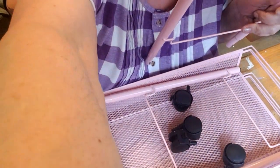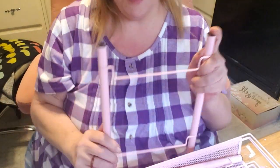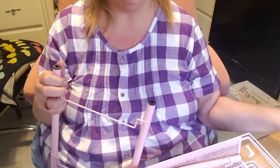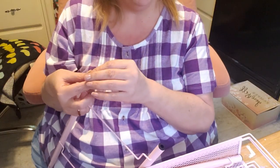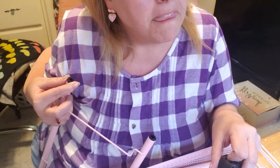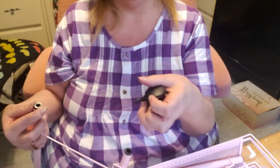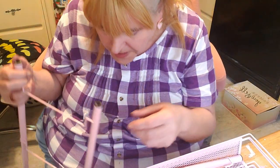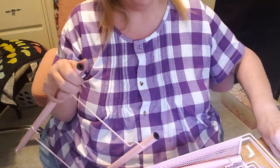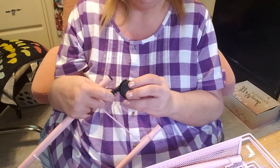I'm going to bring you up a little bit so you can kind of see what I'm doing. So I'm thinking, yeah, the tires go on here. So we're gonna put a little washer, and hopefully it don't matter which way I put them on. The back, I guess the back is gonna be one way, and then oops, I guess that's why they give you 5 in case you drop one. Well, I ain't gonna go looking for that. I'm gonna just do this, and I'll do that. And I'm hoping,